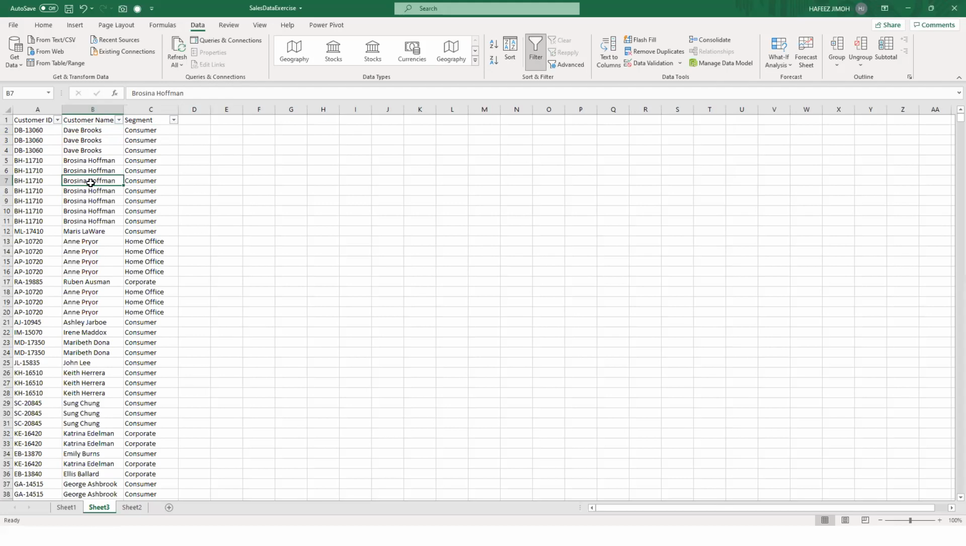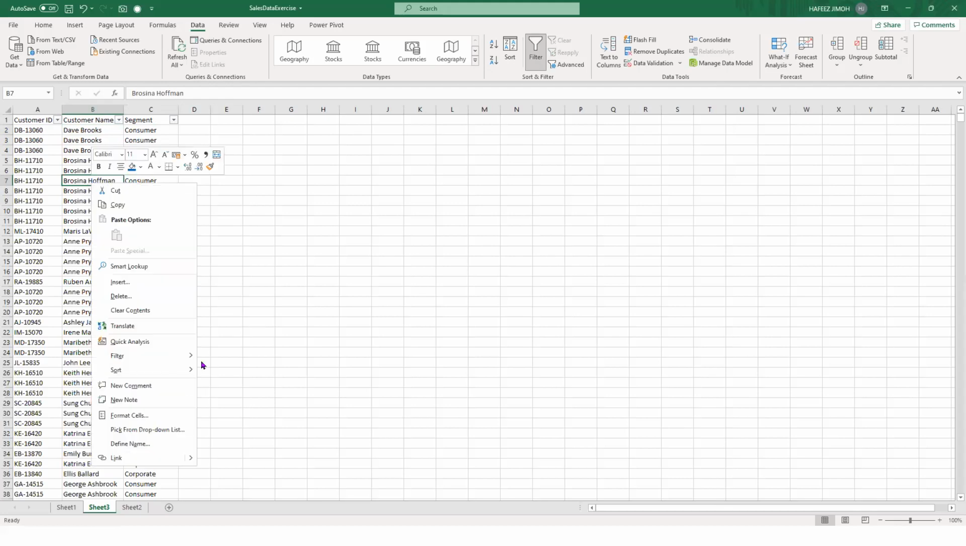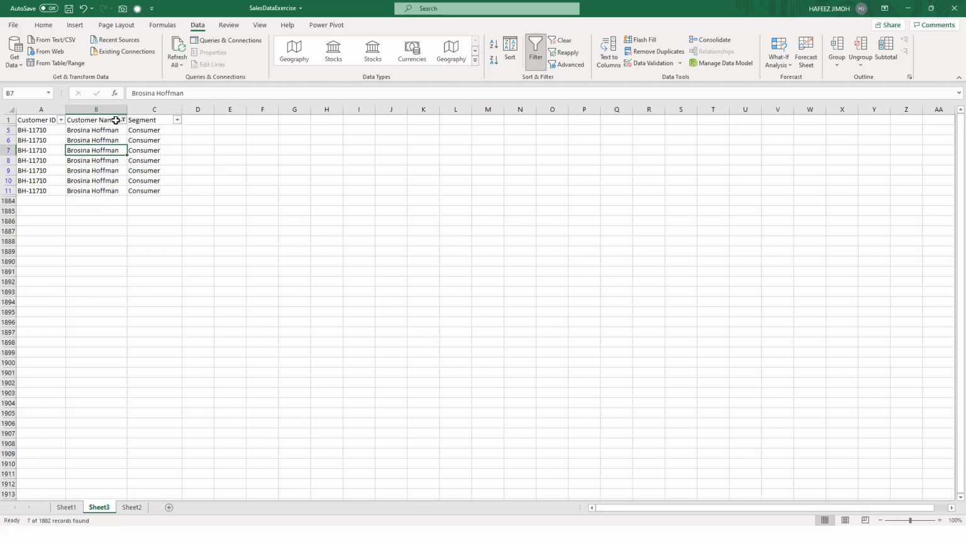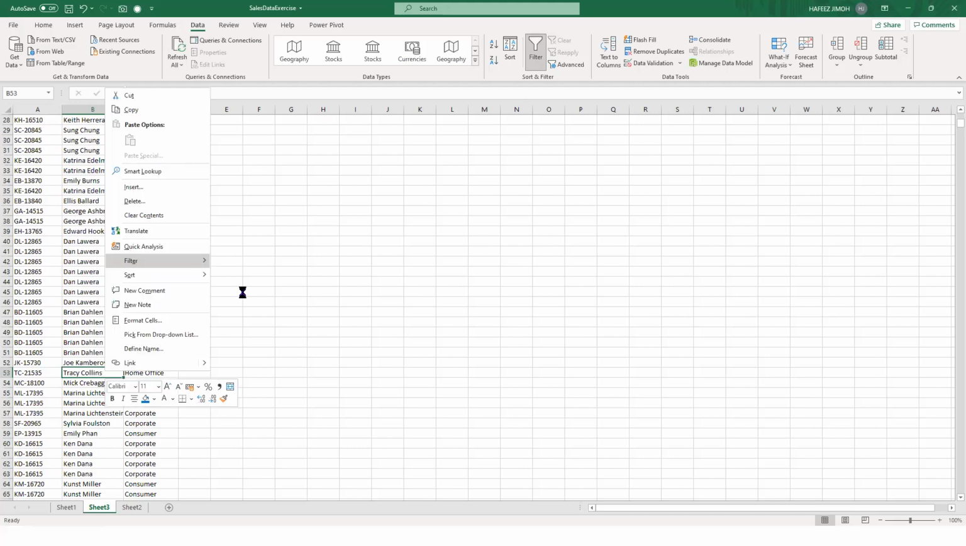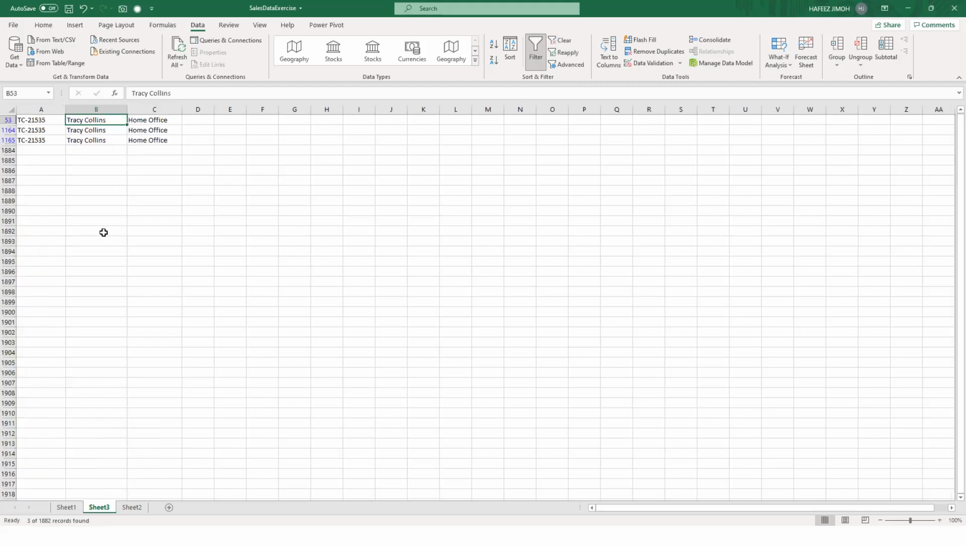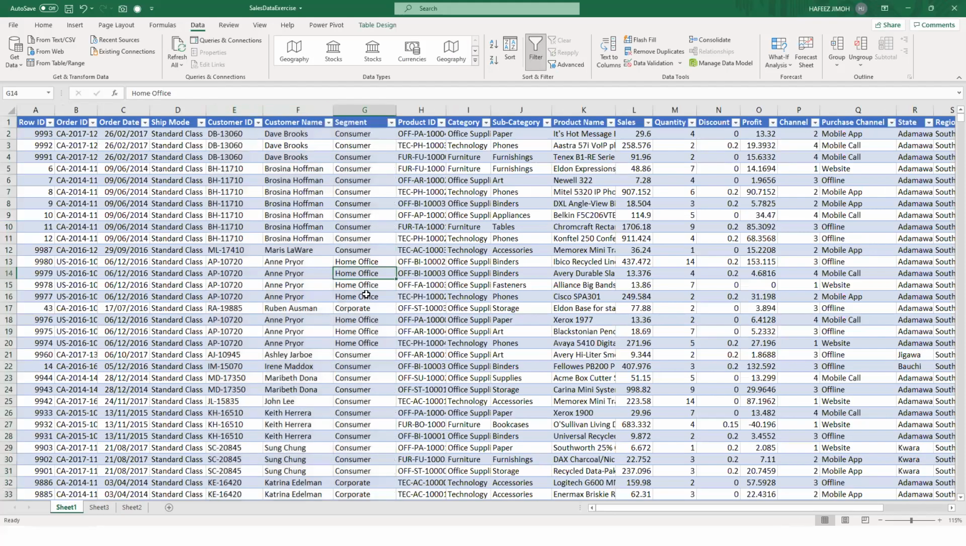So the moment a customer does not belong to separate segments, can you see now, something is belonging to a consumer segment also. And let us check again, Home Office, Tracy Collins. I try to filter it again, and I can see now Tracy Collins does not belong to separate segments. So what it's telling you is that if you need to check the data, you can see. So the conclusion now is that